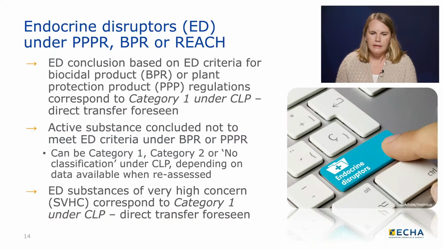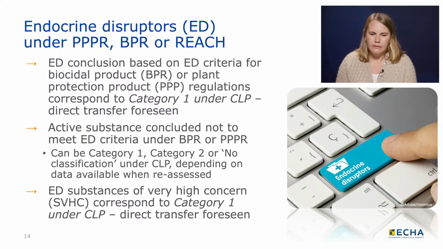For substances that have previously been identified as EDs or PBTs under other legislation, including REACH, the Plant Protection Products Regulation, and the Biocidal Products Regulation, the revised CLP regulation introduces specific rules. Consequently, the Commission can add substances with these properties directly to the list of harmonized classification and labeling, which is Annex 6 of CLP, according to certain timelines. These timelines will be further addressed in the revised CLP regulation, which is soon to be published.